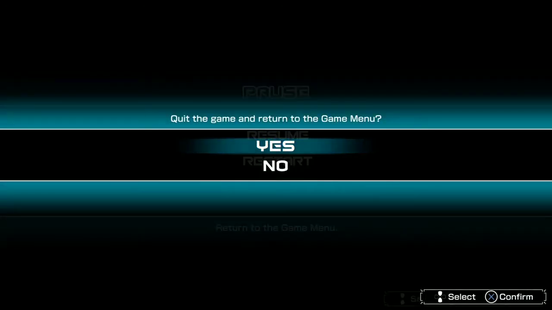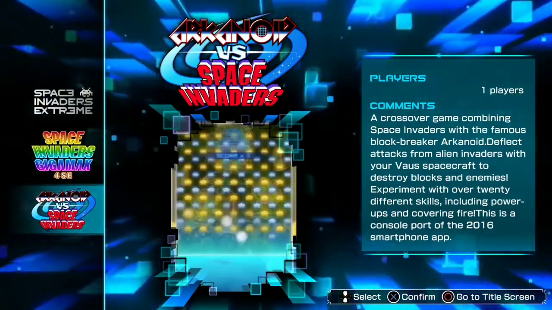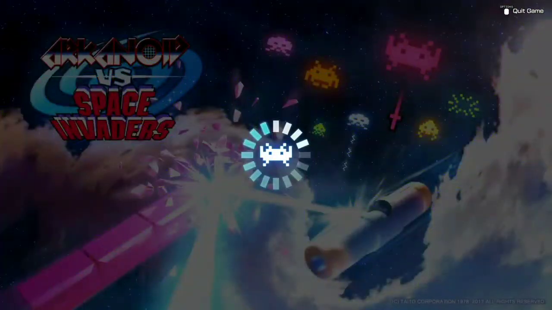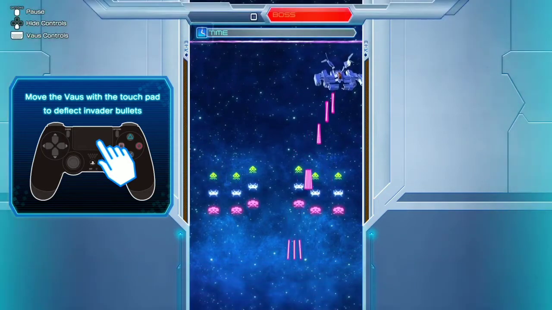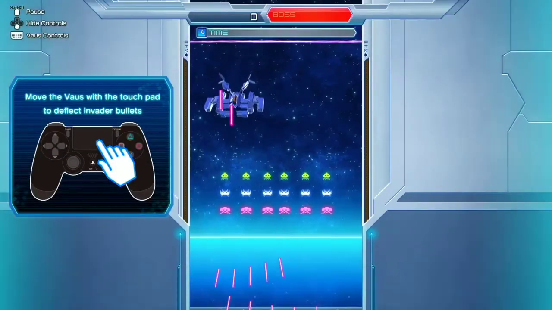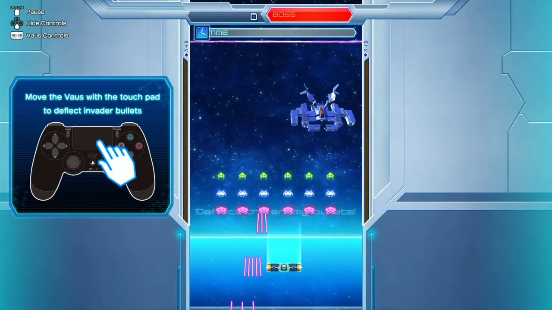Okay, so that's the Gigamax, and we're gonna go ahead and now take a look at the one that I've been wanting to check out, and I didn't think was on this version for some weird reason, and that is Arkanoid vs. Space Invaders. So, not only was I pleasantly surprised to see this included, it actually controls exactly how I thought it would, which is using the touchpad on the PS4 controller. And we're going to go ahead and hide the controls. And yeah, so this controls with the touchpad, which